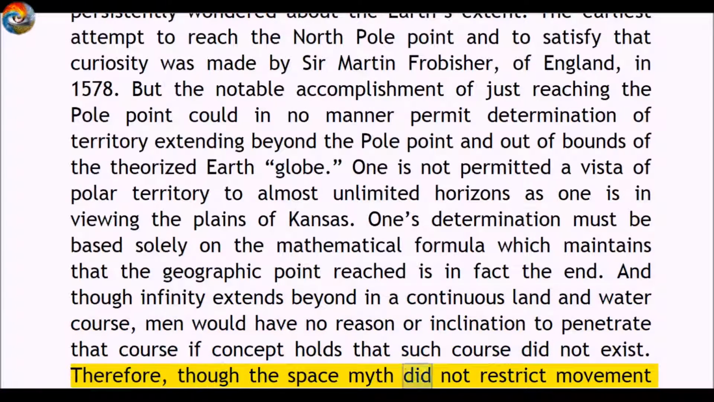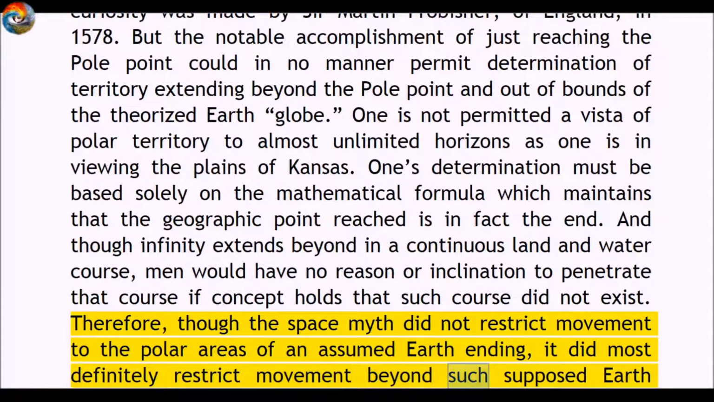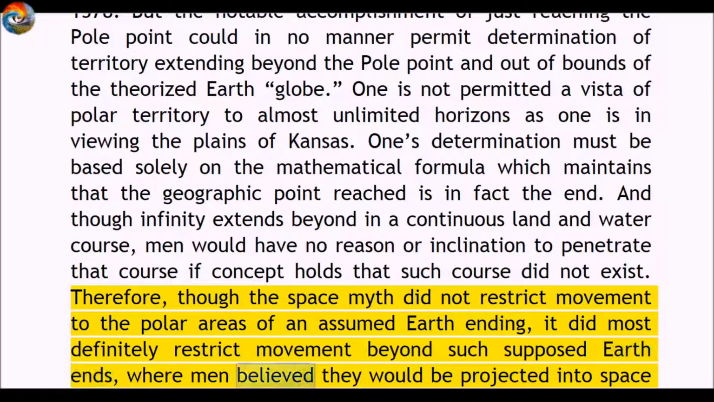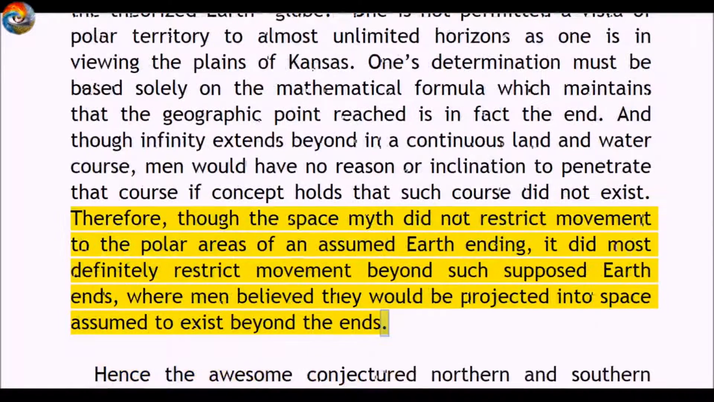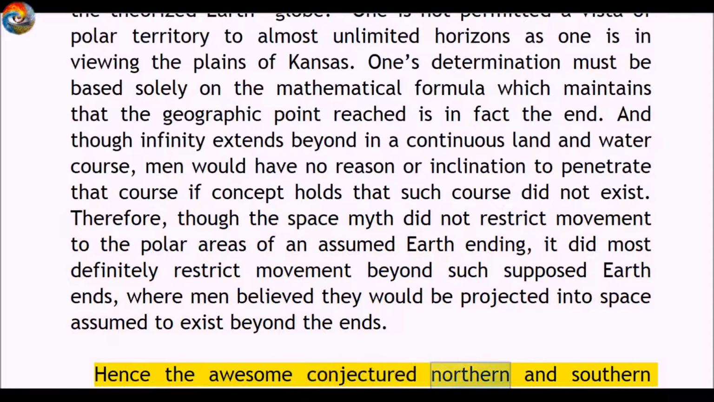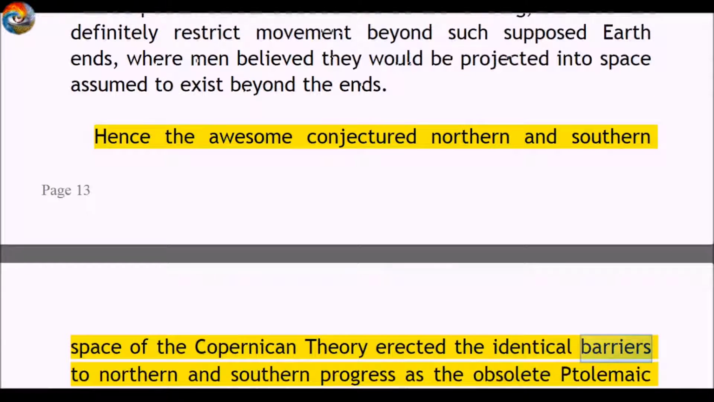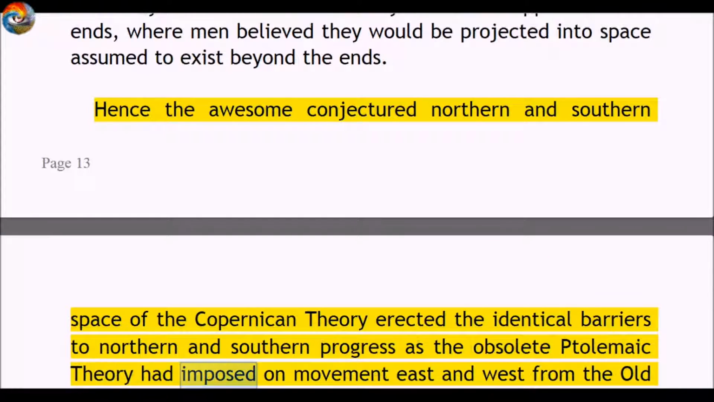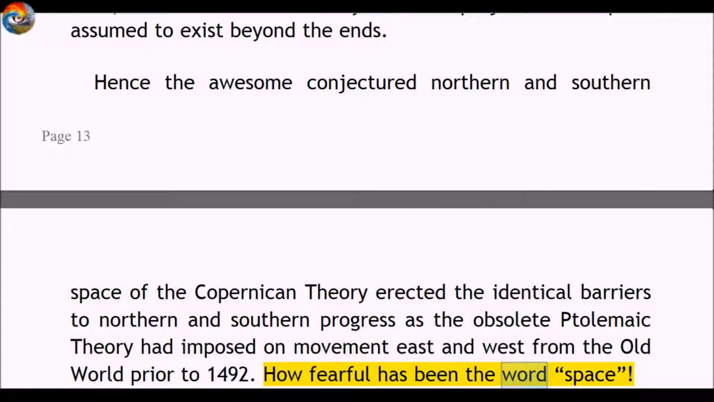Therefore, though the space myth did not restrict movement to the polar areas of an assumed Earth ending, it did most definitely restrict movement beyond such supposed Earth ends, where men believed they would be projected into space assumed to exist beyond the ends. Hence the awesome conjectured northern and southern space of the Copernican theory erected the identical barriers to northern and southern progress as the obsolete Ptolemaic theory had imposed on movement east and west from the Old World prior to 1492. How fearful has been the word space,